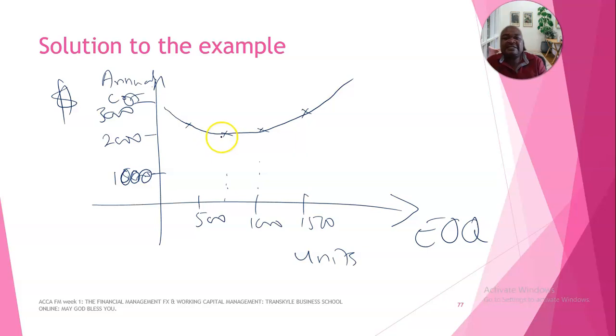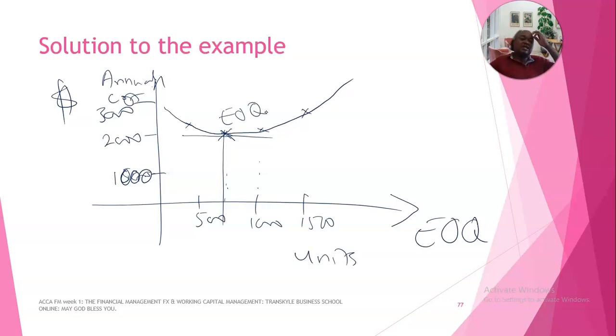So this one, which is the lowest, is our EOQ, the economic order quantity. Are we together, ladies and gentlemen? Okay, better. Anyway, you're not going to be required to draw any graph in this particular computer-based examination, so don't